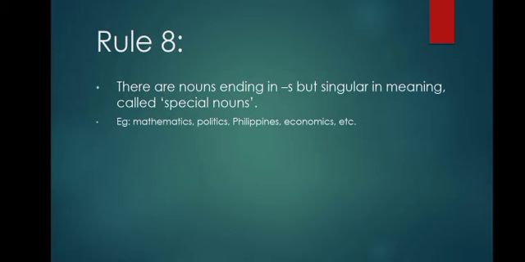It is a noun that ends with the letter s but is not in plural form. That's why they are called special, parang exempted, no? Some examples of special nouns are mathematics, politics, Philippines, economics, and